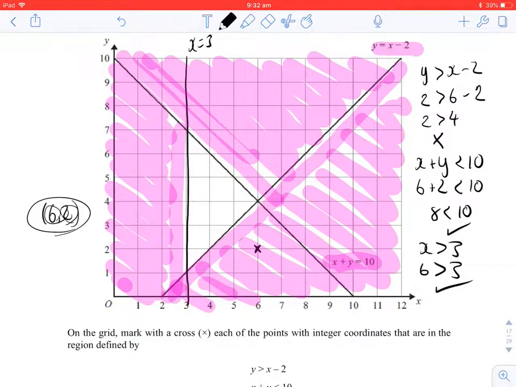You can see that I've been left with a little triangle in the middle there. Now, we're told that they have to be integer coordinates, so whole number coordinates. So that can be this one here, this one here, this one here, this one here. And what I would do is I would then get rid of that so that people don't think that I've